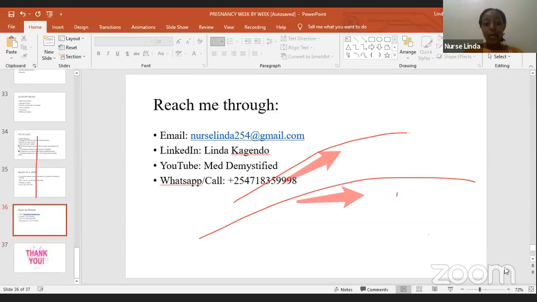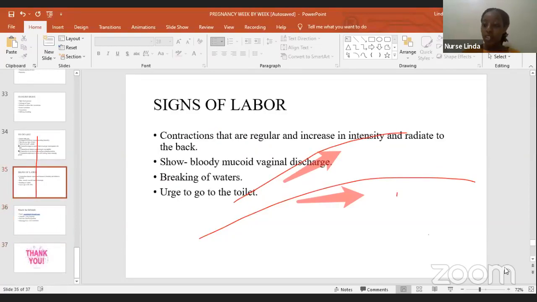So I hope that you have been able to visualize the whole process. I know I have been very fast, I'm sorry for that, but I was just trying to cover the whole session with the limited time that we have. But I hope you have been able to capture the important details, and especially what the woman needs to do. And we have been able to gain knowledge on the few things that we can do to assist a woman during their pregnancy.